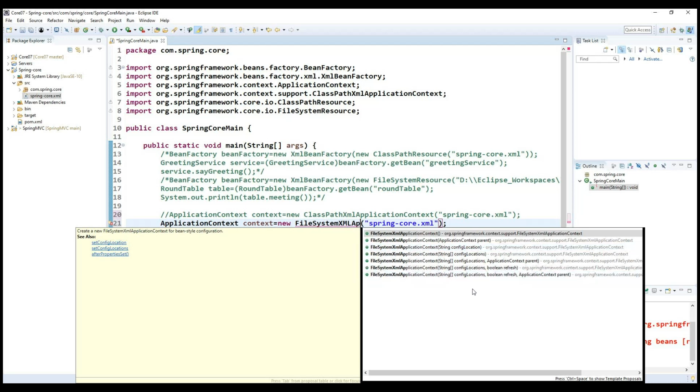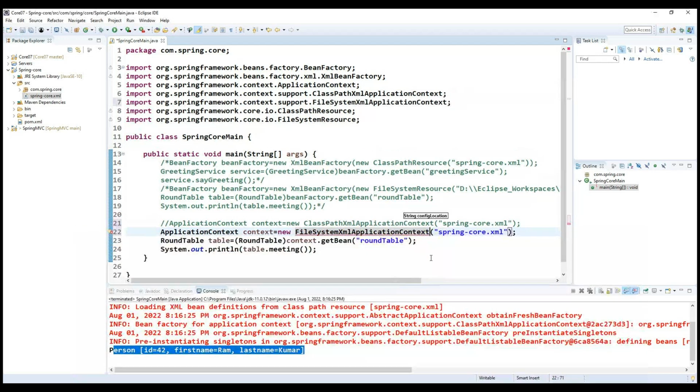Now, if you observe carefully, I am trying to pass this string, the config location, which is our configuration location where we configure all the information here. This is FileSystemXmlApplicationContext. We need to understand very carefully how this section works internally. Now if I run it,